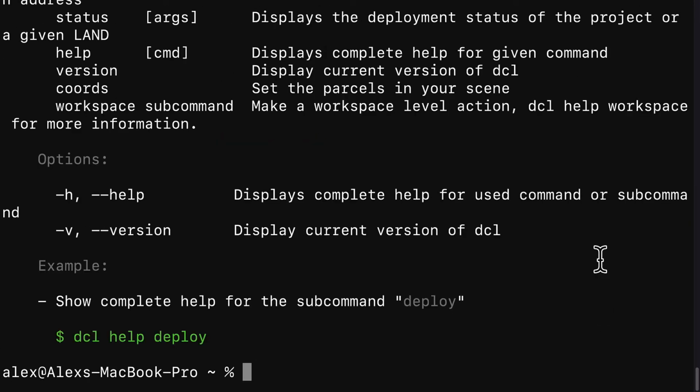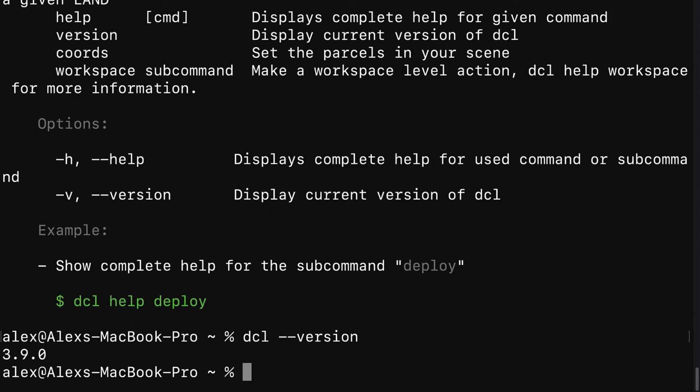This will give you a bunch of suggestions of what you can do with Decentraland. For example, you can use dcl --version to check the version of Decentraland that you have. If you encounter any problems with Decentraland, then downgrade to version 3.9.0, which is the one that I am currently using, the latest one at this time.